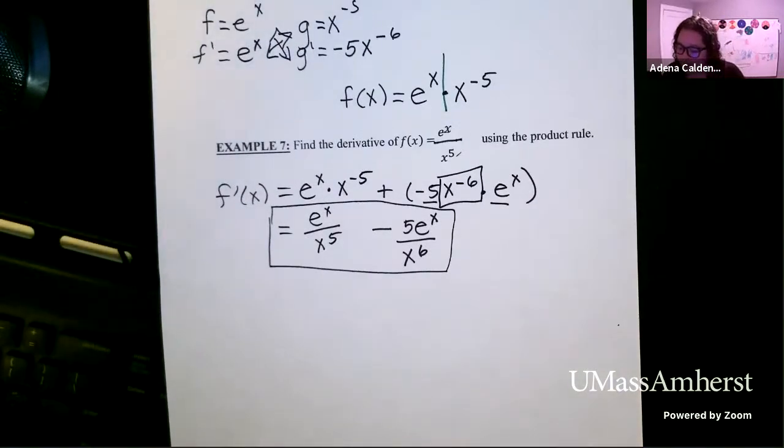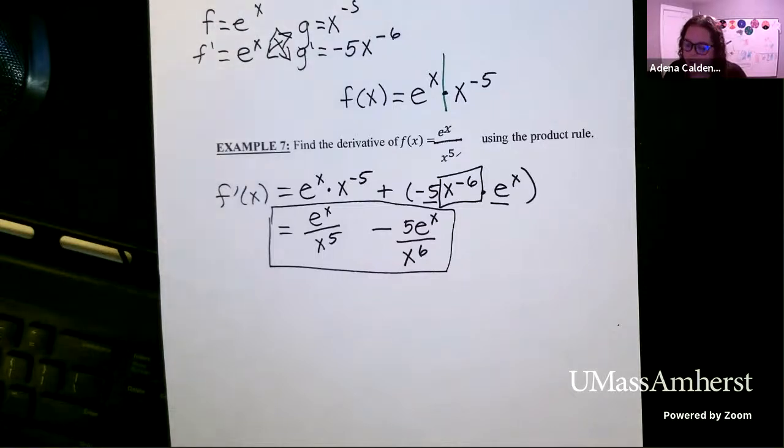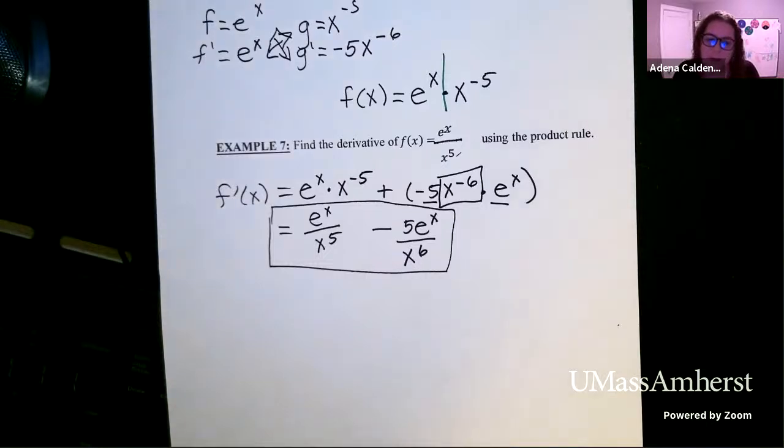So you have a little extra time today. I strongly recommend that you work on the homework and do the product rule problems and try those out before we get to Thursday's class when we're doing the quotient rule. That'll give you a good jump start, and that'll help you